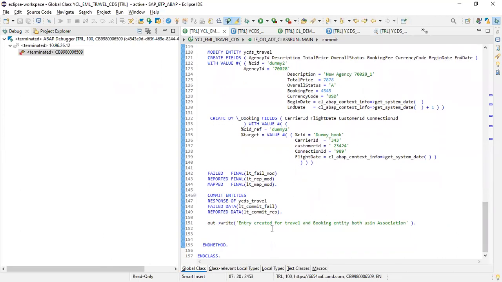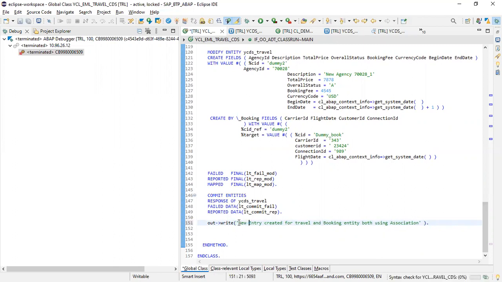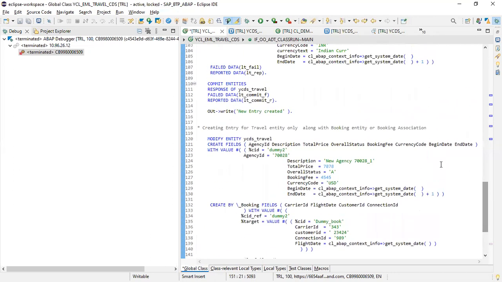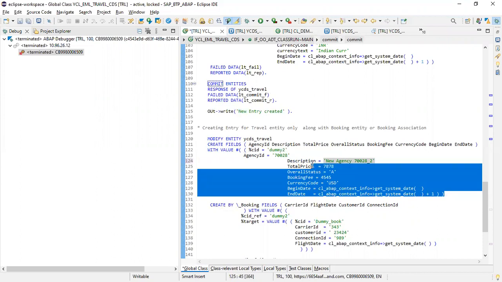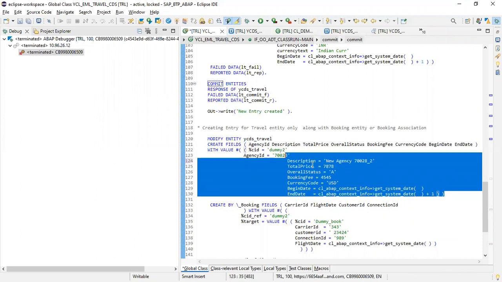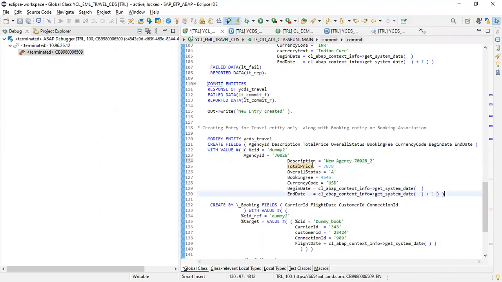And for now, I'm changing the message to new entry created, and now again I'll try to create a new entry. So I'm replacing the description, and let's say I just need to enter multiple records instead of a single record. So what you need to do,